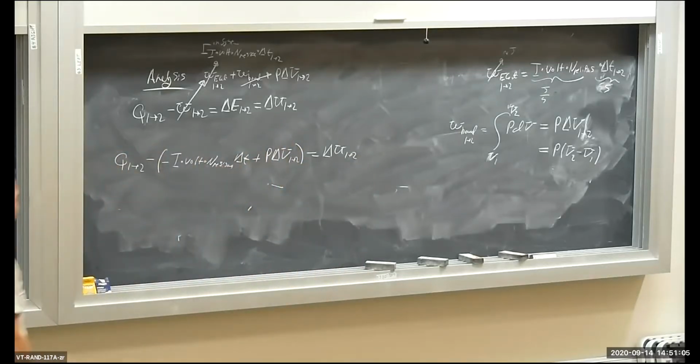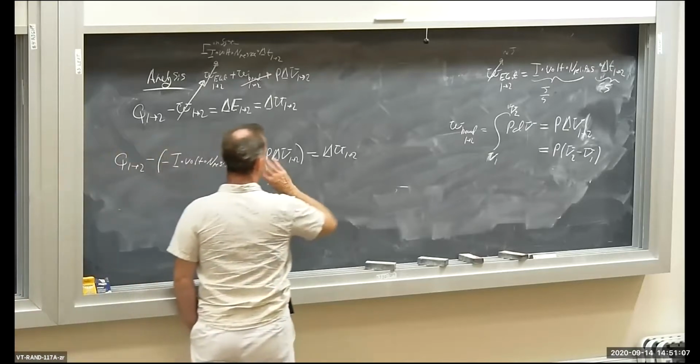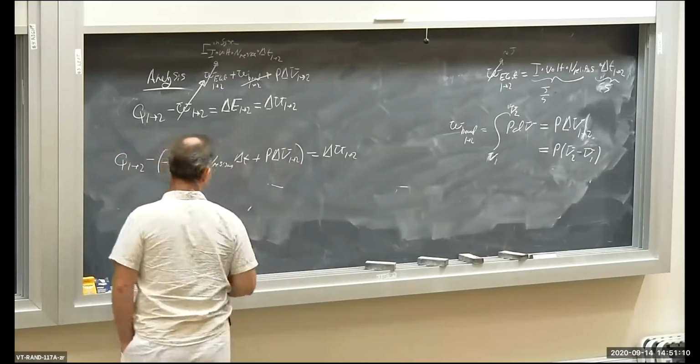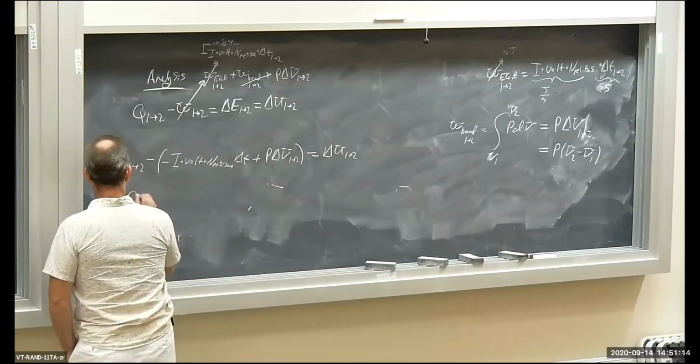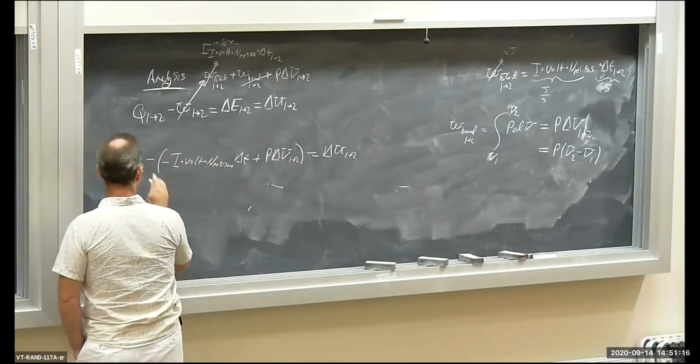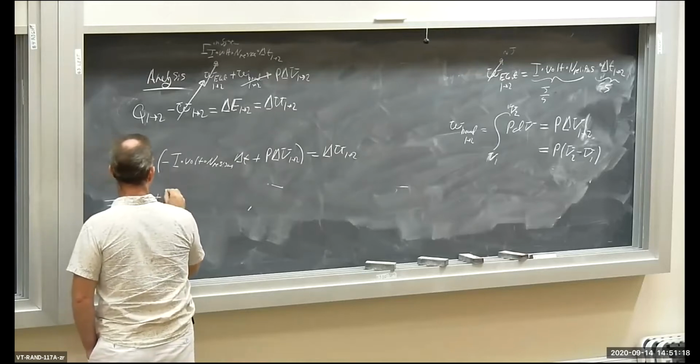Let me take the P delta V term and put it over on the other side of the equation. And let's see what happens. Q 1 to 2, the negative times the negative gives me a positive